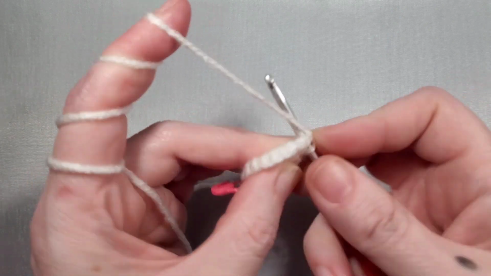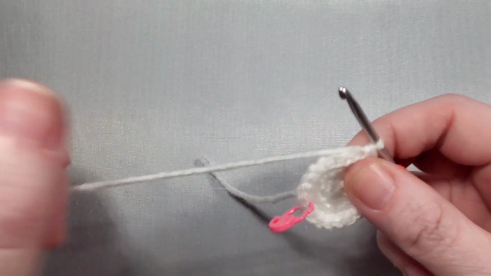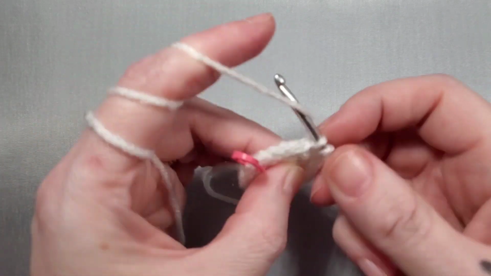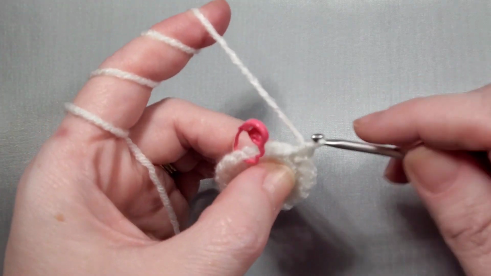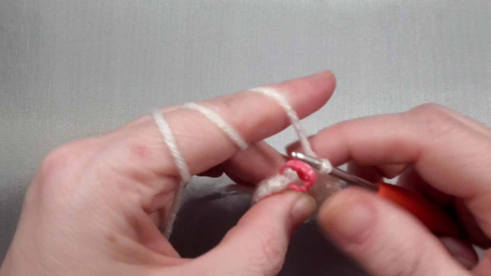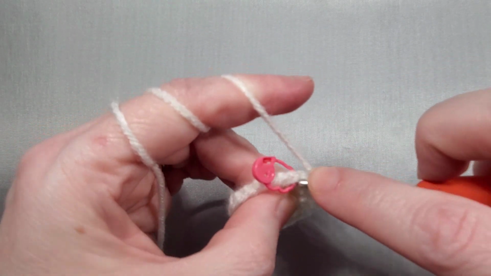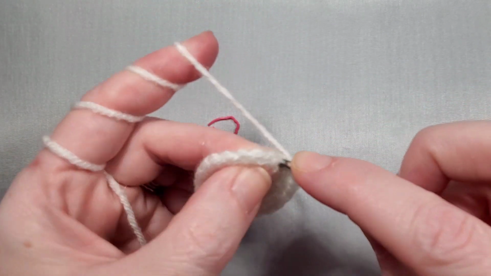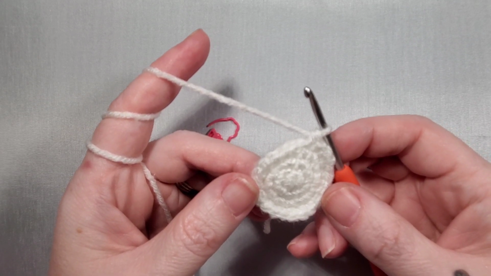We've got our increase, then 1 and 2. We're about halfway around. Increase, then 1 and 2. Got our increase, and then we are ready to do our last stitches. So we've got our last increase, and then 1 and 2. Okay, so we are up to 24 stitches, and next we're going to do another increase round, and